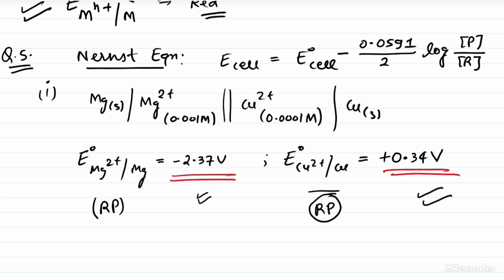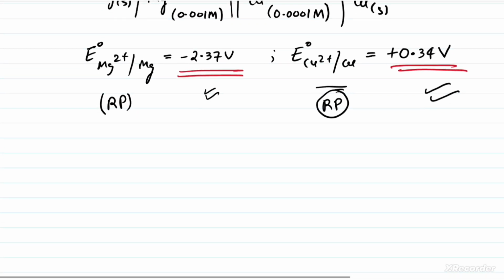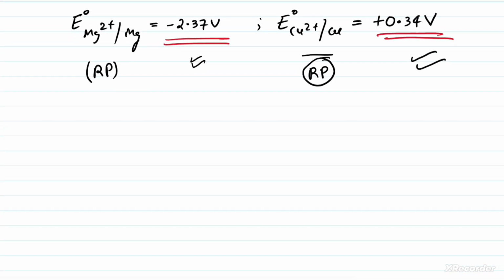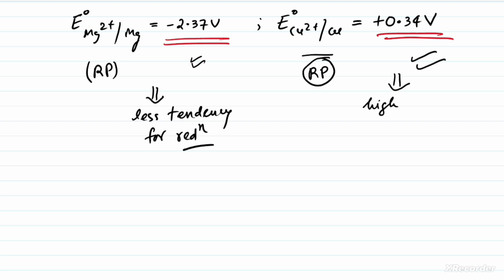is negative. That means if the reduction potential value is positive and negative, what does it mean? That means magnesium is having negative reduction potential. That means less tendency for reduction. Why? Because it is having negative potential, and since this is having positive potential, that means higher tendency